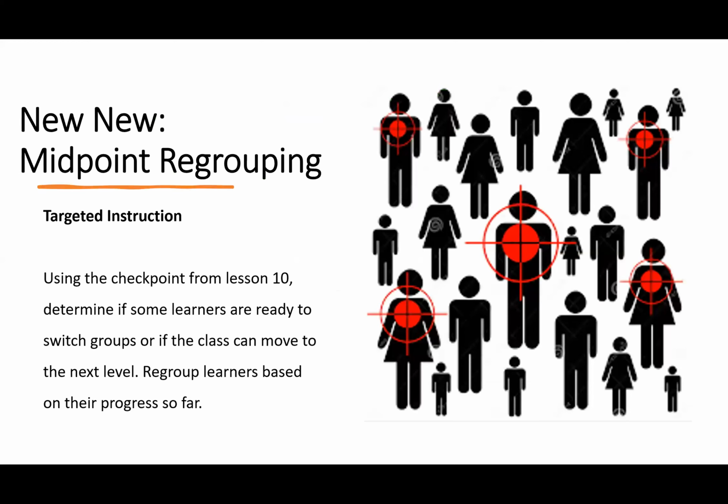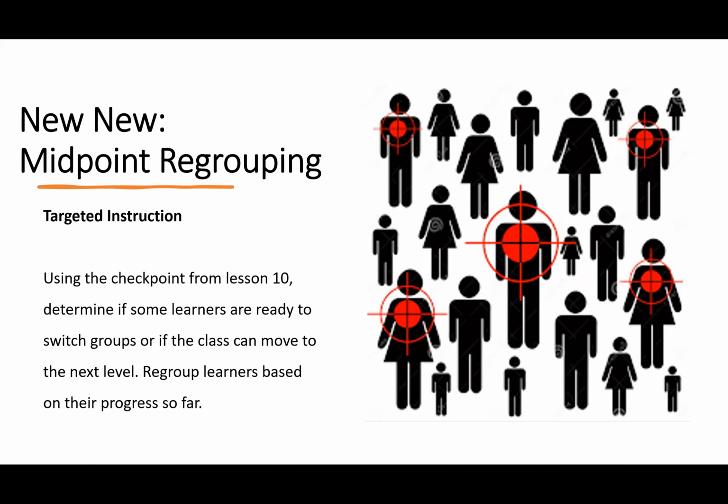So again, what's so big about these 10 lessons? Why do I want to focus on these 10 lessons? Because by the time you get to the 10th lesson, that's your new midpoint regrouping time, right? I want all of the volunteers to come together, look at the checkpoint data, look at your learners' work, and see what groups they should be in and regroup them if it is appropriate based on what they have learned